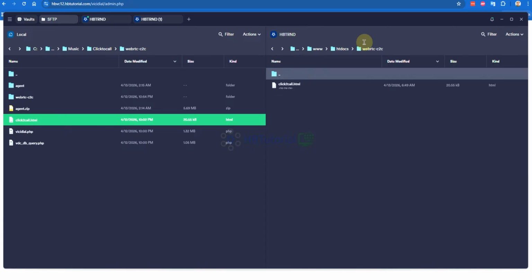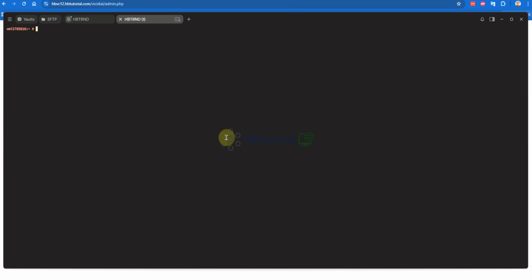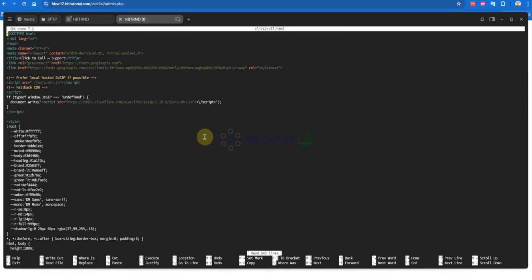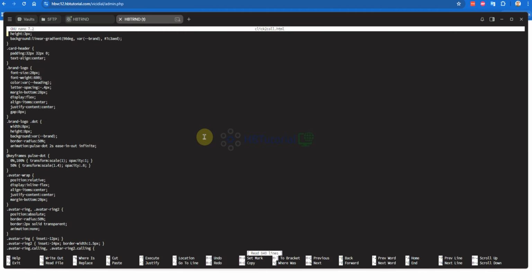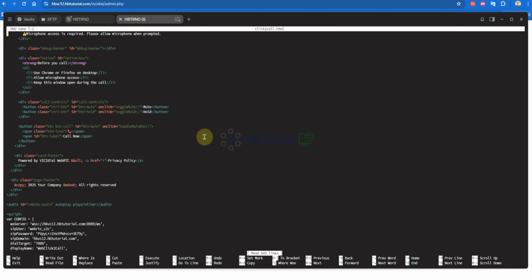Okay. So after that, you can go to your file. And then you just need to update the following here. It is on the bottom.